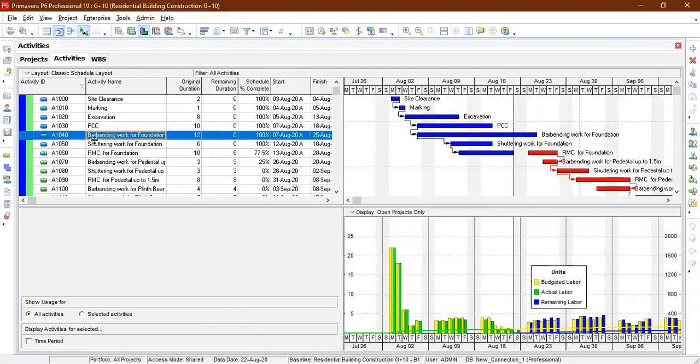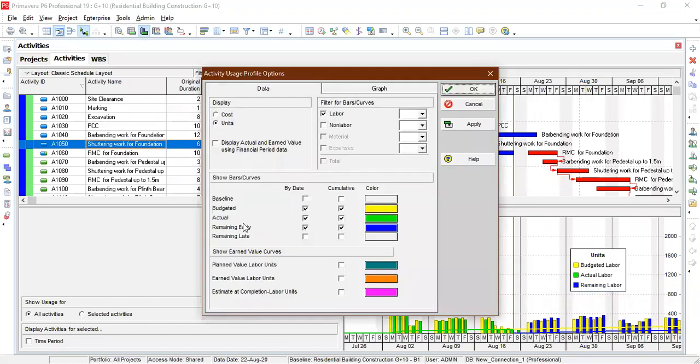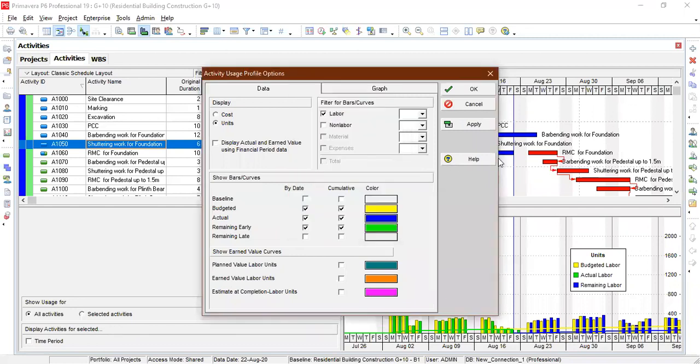Now if I select this particular activity, you can see here some color showing remaining labor. I will make some changes here. It will have green color, and this should always be in blue color. Yellow will be the budgeted, and if you want to highlight the target, you can also highlight it.